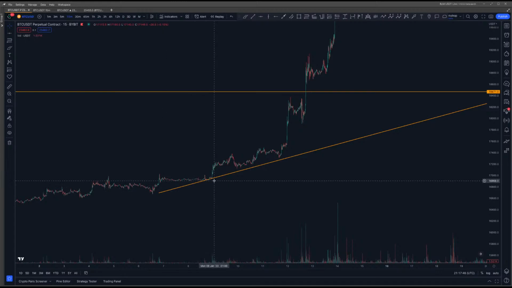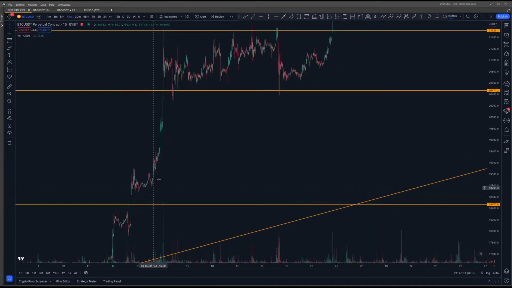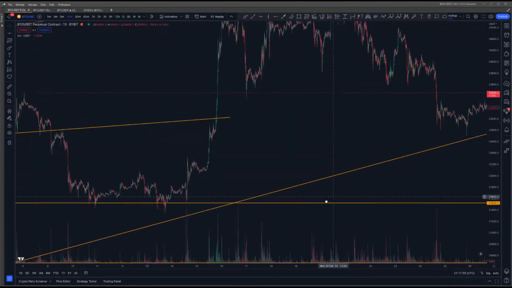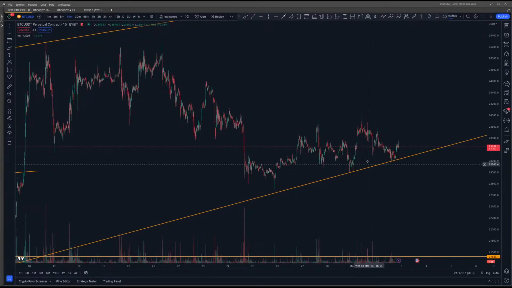Yeah, so that's a pretty clear trend, isn't it? You know what I mean? You can see we started it here, and then we obviously blasted up, and then moving along, we're starting to respect the areas here. Now, zooming out,